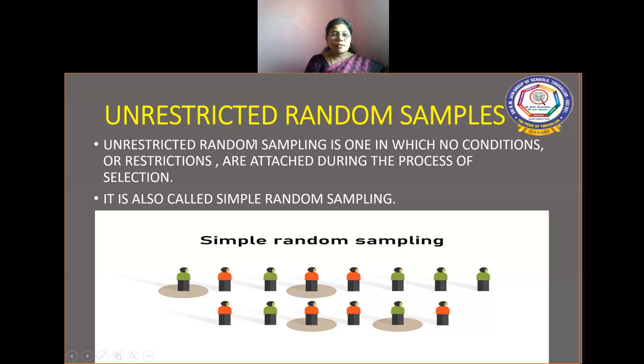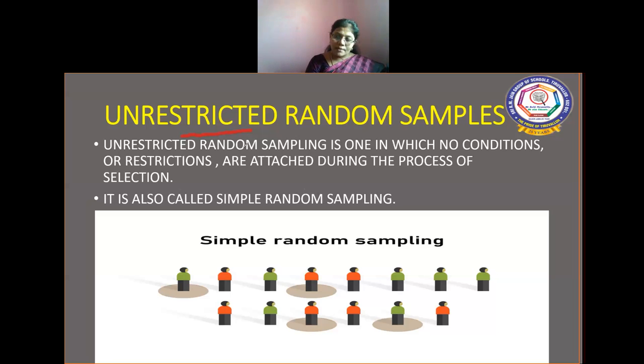In this method of unrestricted random sampling, the entire universe or population is treated as one unit, and then items that we need are selected on a random basis from the unit. For example, all the 2000 students of the school are taken as one unit or one single group.